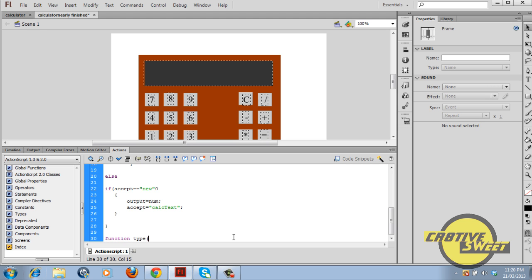function type open bracket type close bracket open parenthesis holder equals number open bracket output close bracket semicolon except equals quotation mark new quotation mark semicolon calc type equals type semicolon close parenthesis function calculate open close bracket